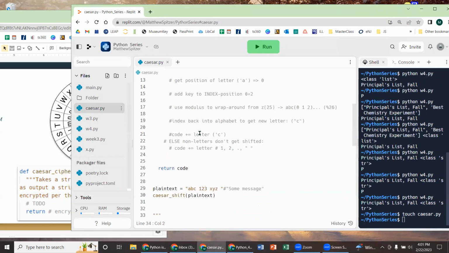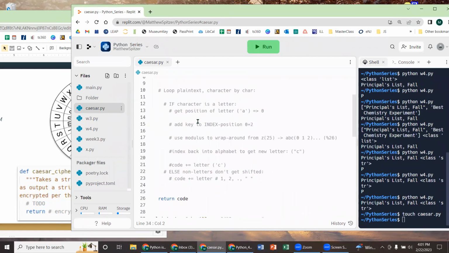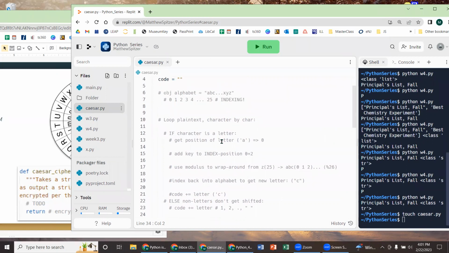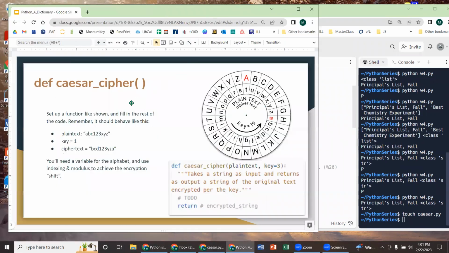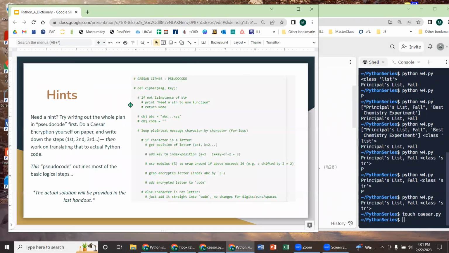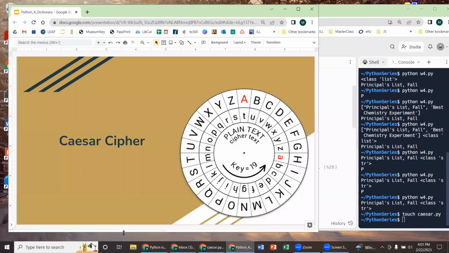Okay, so that's what I'll leave you with, this little blocking out of the steps. And if you want to, obviously, you can go ahead and fill it in. Go step by step, do a couple lines of code, even one line of code at a time. Print it out, play the code to see if it comes out as you want, and then you should be able to get to the end. And obviously, I have the solution in the handout as well. Okay, so I'm going to go ahead and pause the